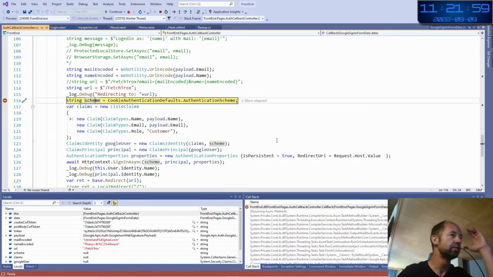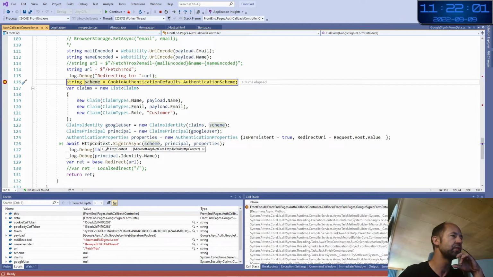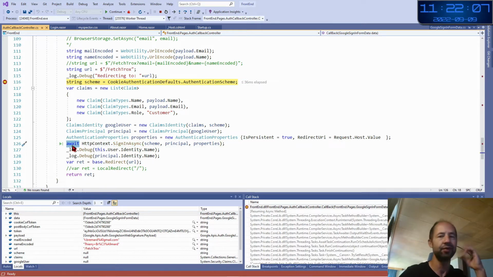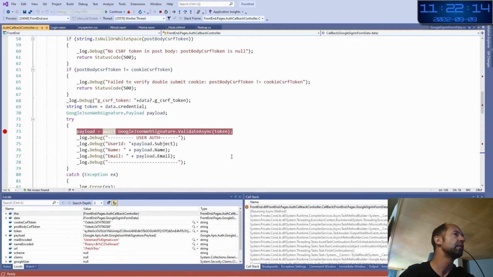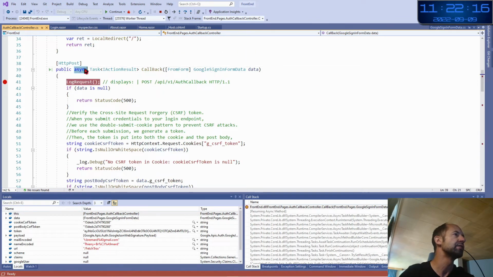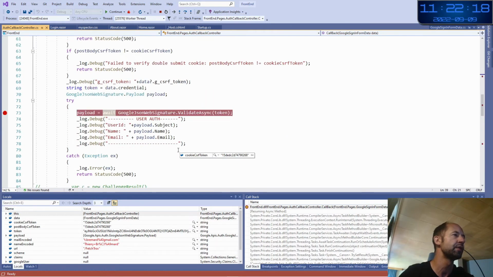What I want to do now is access what is called the HTTP context, and I call this method SignInAsync that I am awaiting because no synchronous call is possible. I must await. And I think this is why I have an async in this callback, only for this.